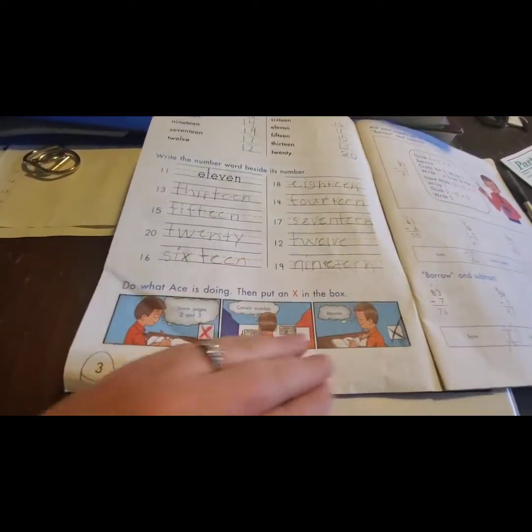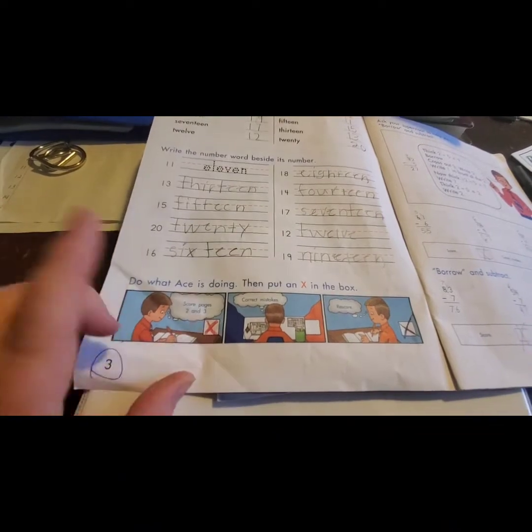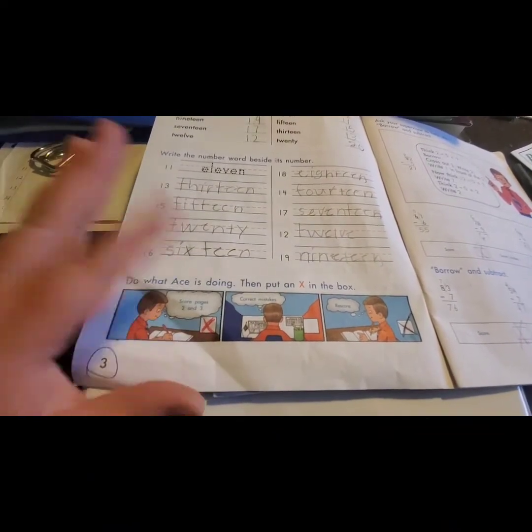And then at the end of every lesson, they have a check. What the kid does is, after they finish their pace, like this is my daughter's, my daughter sits right